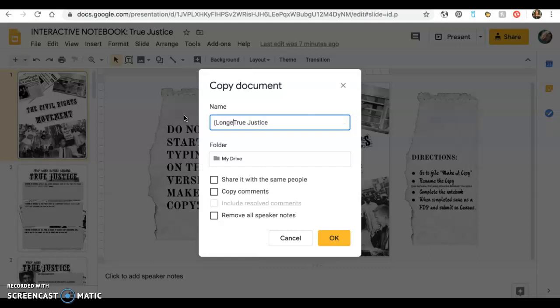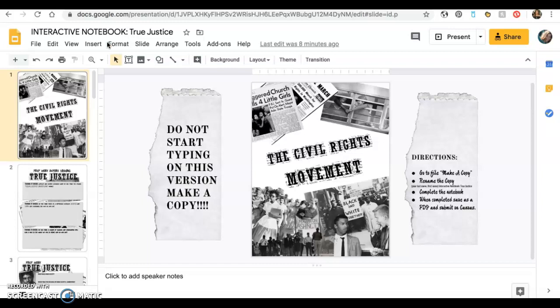I want you to put your last name, your first name. And then just leave the rest of the normal title. So it'll read last name, first name, interactive notebook, True Justice. Okay? And then just go ahead and save that wherever, and you will use your copied version to complete this activity. Alright? So once you've done that, I'm going to walk you through what the rest of this notebook looks